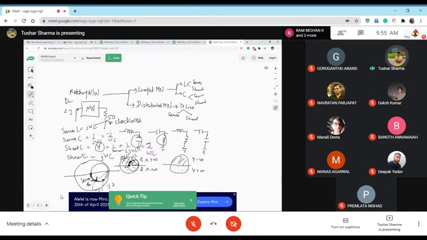Okay. So for series, it's clear that if you move clockwise, it will be series L. If you move anti-clockwise, it's your series C. Okay? Similarly, now what will happen in shunt? Let's take the example of shunt L.